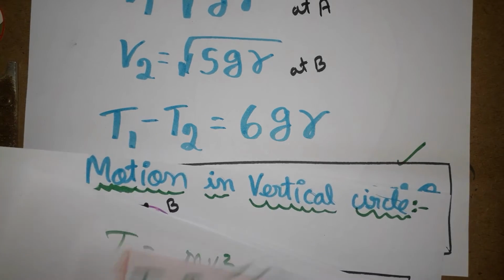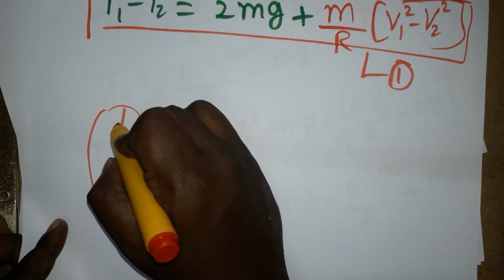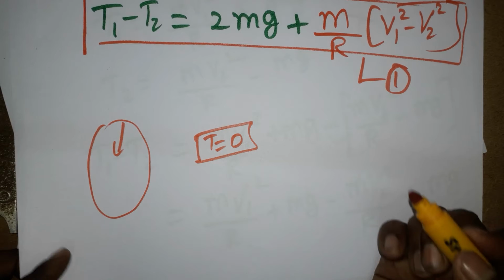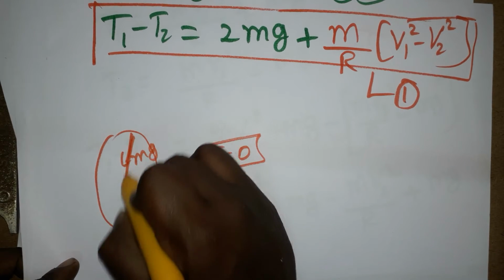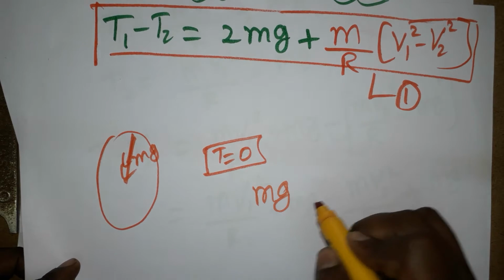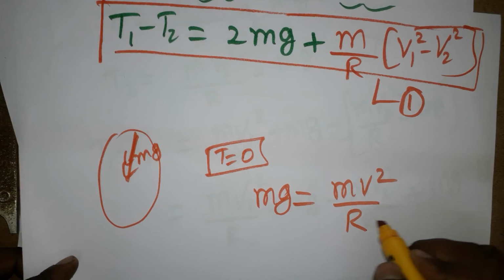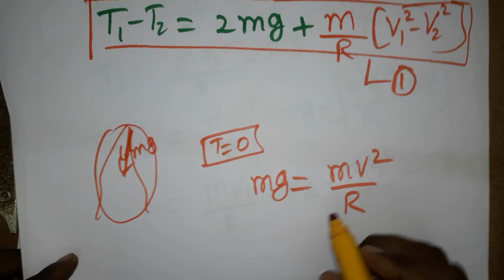Before going to that, I want to explain some more concepts also. When the motion is in a vertical circle, this is the point where tension will be 0. I am taking the tension as 0. Okay. In case tension is 0, what will happen? So, when the tension is 0, mg will be acting towards the center. So, mg acting towards the center is going to be the centripetal force, mv square divided by r. When there is no tension, it's not going to make a vertical circle, it's going to come down.